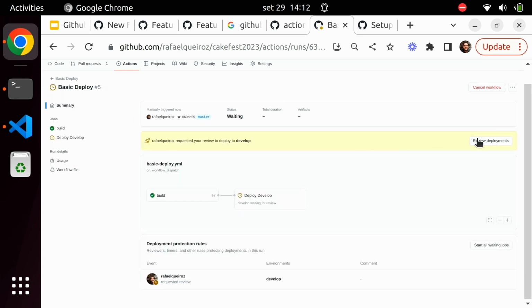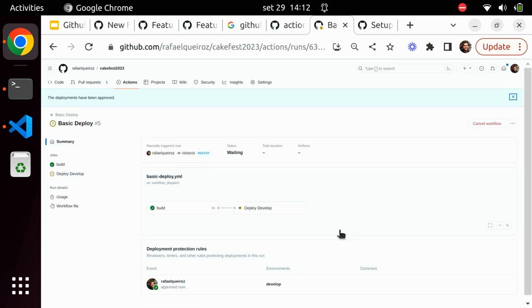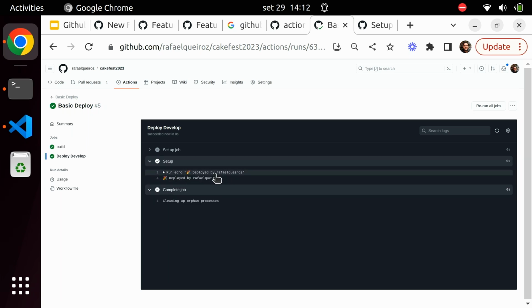Yeah. Now I need to review and approve the deploy. Should you approve? And it was approved and worked. If I see what the deploy did, the setup just sends a message, which is the point where you do something. So about the actions,